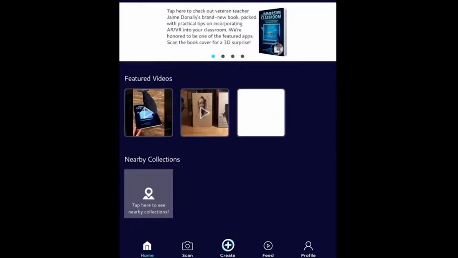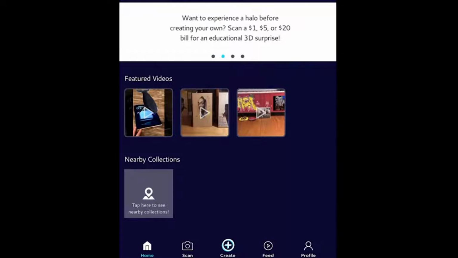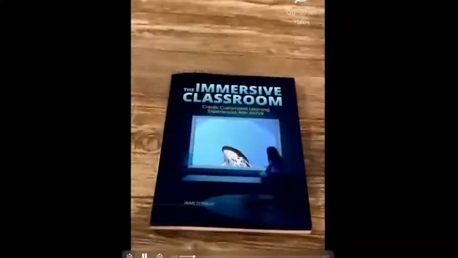Okay, so let's start with our first app, Halo AR. Before we show you how to create something, we want to show you what it looks like. Let's give it a second to start. I know it takes a while. There it goes. Just to give you an idea, Jamie, who we talked about, has two books. She actually used this for one of her books, and I want you to see what that looks like. Her immersive classroom book: when you put the halo up on top of it, you can actually see